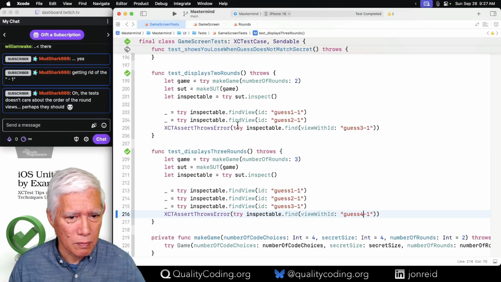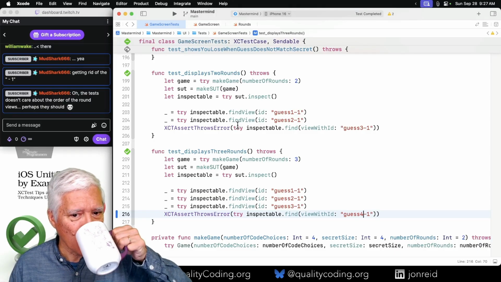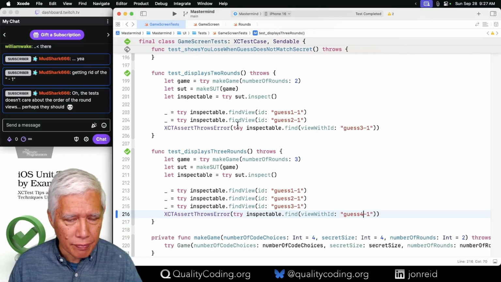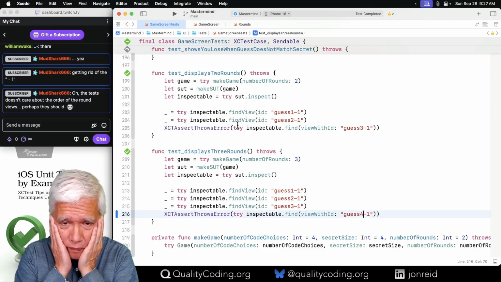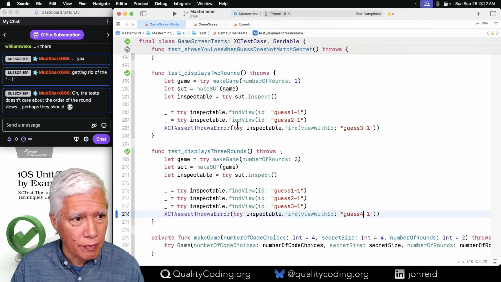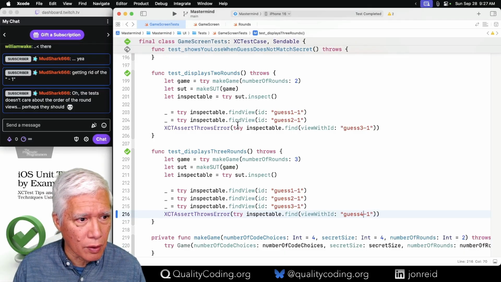Cool. That's better. Now, in terms of the order of the round views,